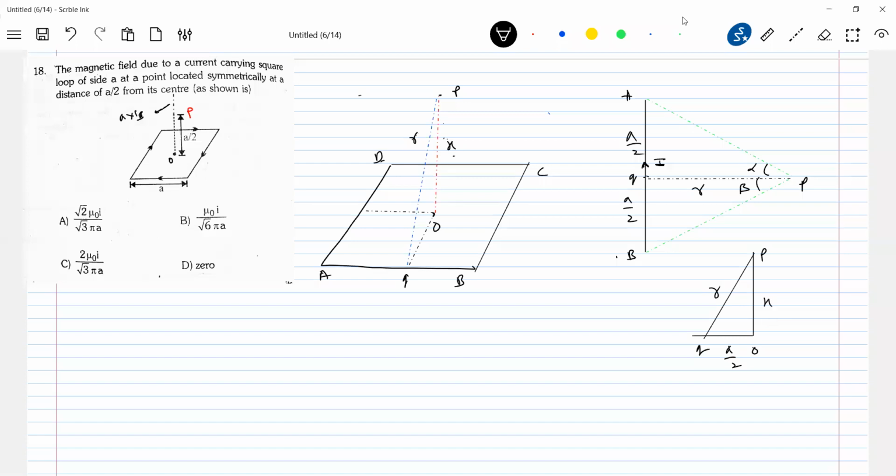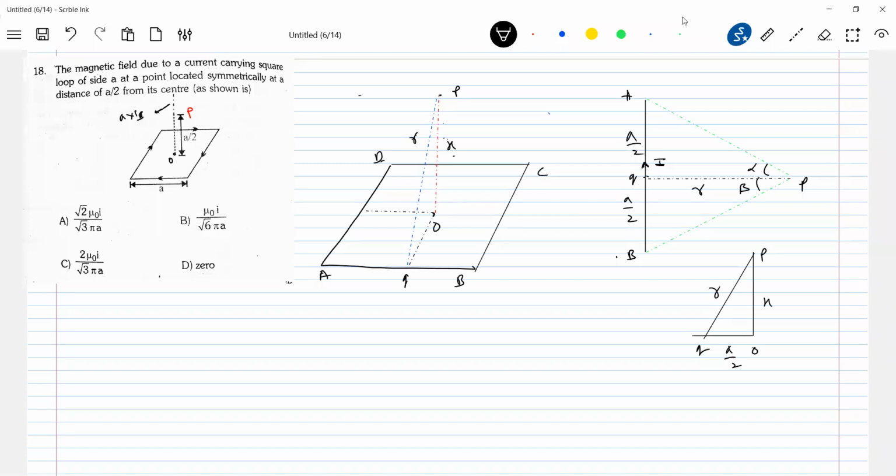Now what is R square equal to? A square by 4 plus X square. So now we know the value of R. If you know the value of R, can you calculate the field strength at point P due to this? And we don't know alpha. So can we bring the alphas here? Alpha is what? Again for this, we need this length, and R depends on this one. So let's write all the formulas.